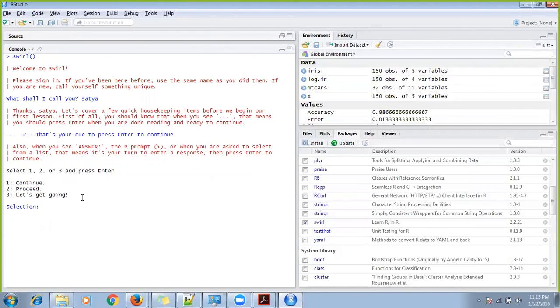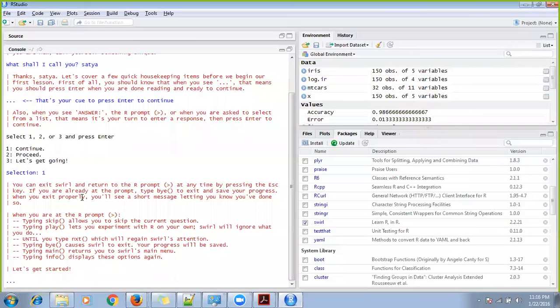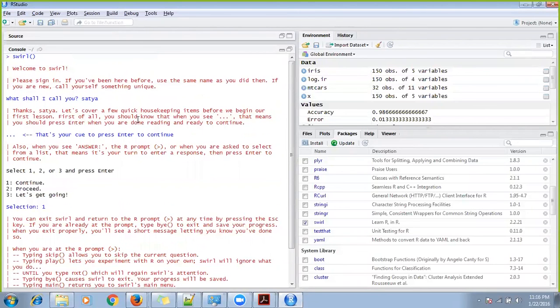Selection. Let's say continue. Okay, so basically it's just the beginning, right? It's just the way I just told you, the first class or something. It's just trying to tell, but after one or two, two or three steps, it will start telling you how to code, how to start writing instructions and all. Whatever I am telling, it will also tell you the same way. So you can practice this at home too. Start practicing this from today onwards or tomorrow onwards. Use swirl to practice yourself, apart from whatever I am teaching.